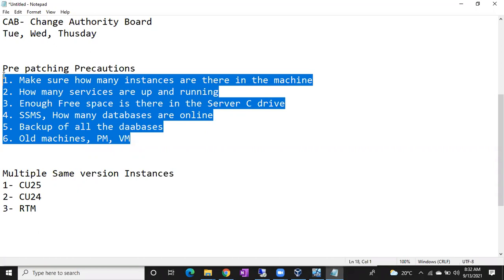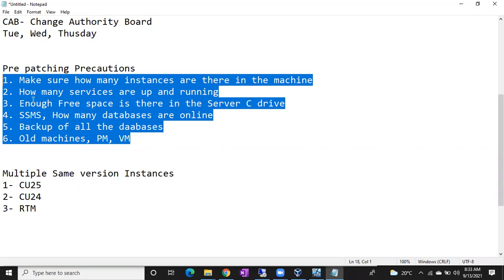First thing, I'll tell you after patching. Even though after patching, if it is failed, where to check, how to check, we'll discuss. And then at least you'll get an idea where to check. And what is the confirmation that patching is successfully completed or not, how you came to know, I'll tell you. Okay, I'll tell you in the next class.